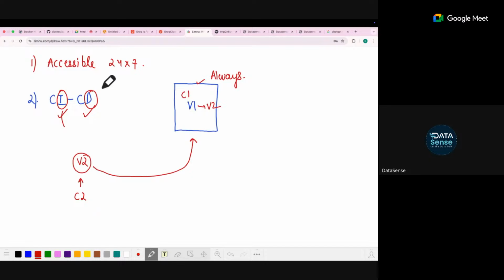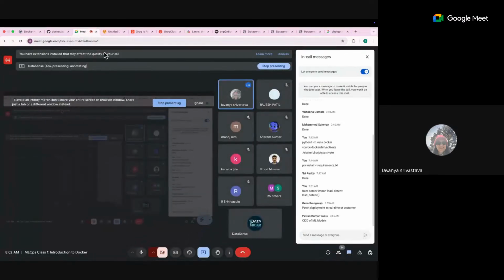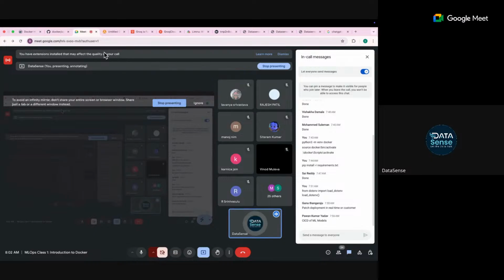Any doubt on this part, this definition of CI/CD? I just have one doubt here: for this entire process, are all the codes put in GitHub, then deployed, and then taken back? What is the total cycle? Can you slightly elaborate? I will explain that. We'll come to that one by one, don't worry. That is called the machine learning, the whole data cycle. We will discuss them.